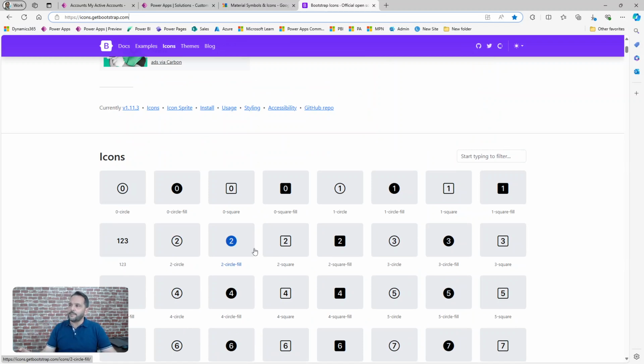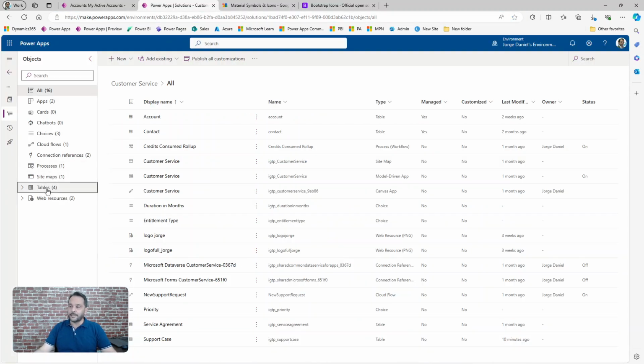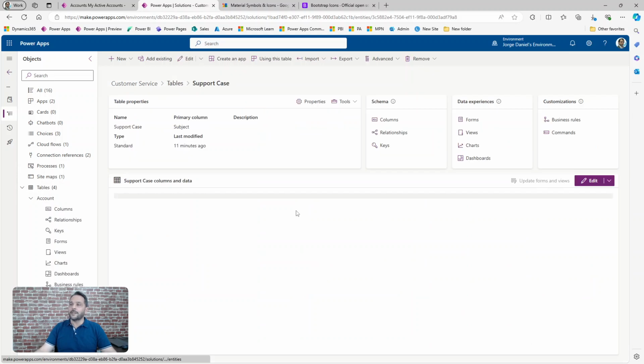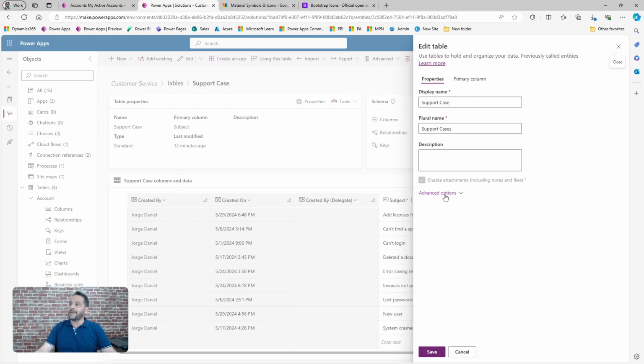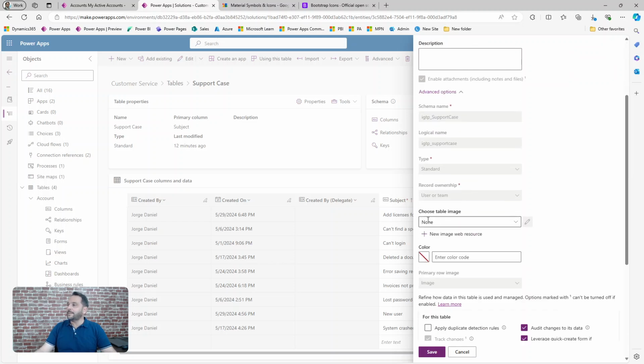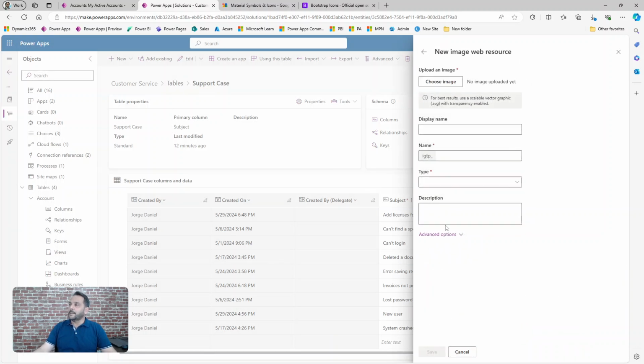So choose and save the icons you wish to your PC, and with that go to your solution, select the table you want to work with and go to its property. From here, expand advanced options, and in choose table image you can either select an existing image or click new image web resource. Clicking it, you can choose the icon you have selected previously,